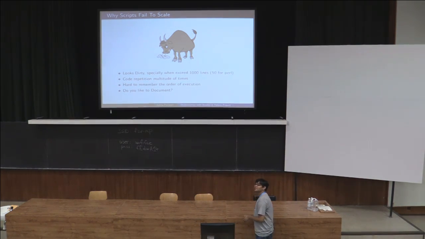So yeah, basically your code starts looking dirty when you write scripts after some time. Maybe 1,000 lines, 50 for Perl. There is a lot of repetition. I think that goes with any programming language, scripts, or static binary or whatever. You always end up with a lot of code repetition. Next thing which I have faced is